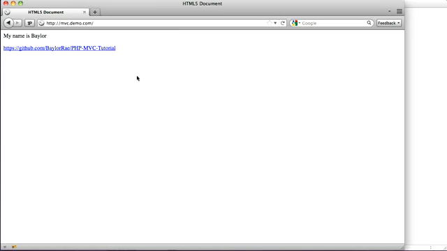Hey everyone, this is part 5 of creating a model view controller, or an MVC, from scratch with PHP. So everything's working now. We have our layouts, we can get our variables in our views, we can do all this stuff. But one of the things that our framework's really missing is that in model view controllers, generally what